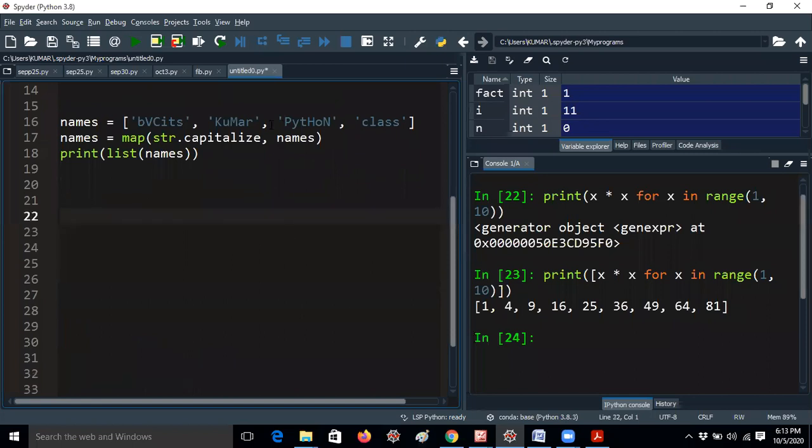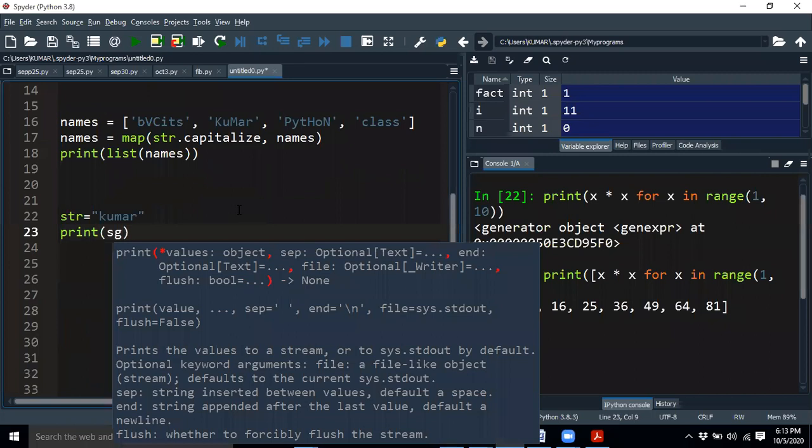So in the map function, I'm taking names. These are nothing but a list. Here I'm giving str.capitalize. This is the predefined method you know already. Whenever I give a dot, it means it is a method. For example, if I give str equal to Kumar, I already explained this concept, but I am telling again, str dot, these are the string methods we have.